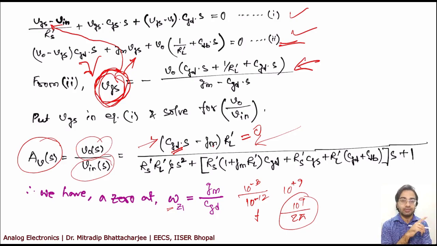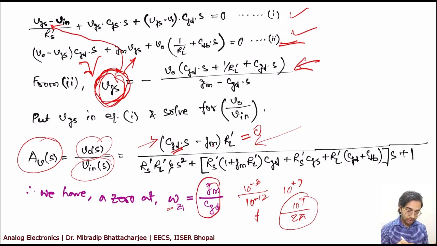However, your poles, if you calculate with a typical value, will appear somewhere around 1-2 megahertz maximum, even if you consider different values. So in the practical case, the zero is in hundreds of megahertz, which is far away from your pole. So the assumption Miller's theorem is actually considering is true. So using Miller's theorem is not that bad, but you can't use Miller's theorem everywhere. Then you may lose vital information regarding the zero.